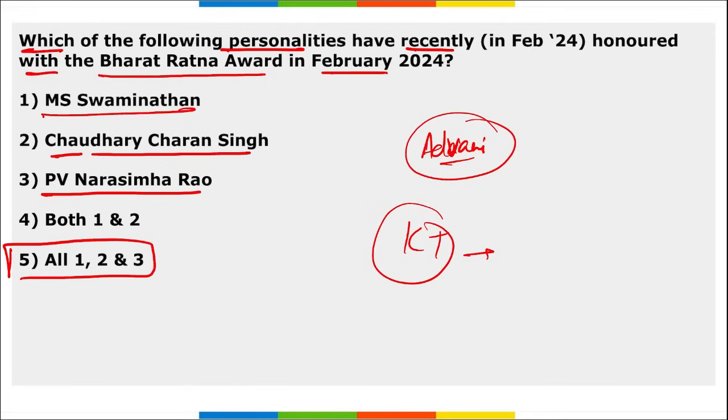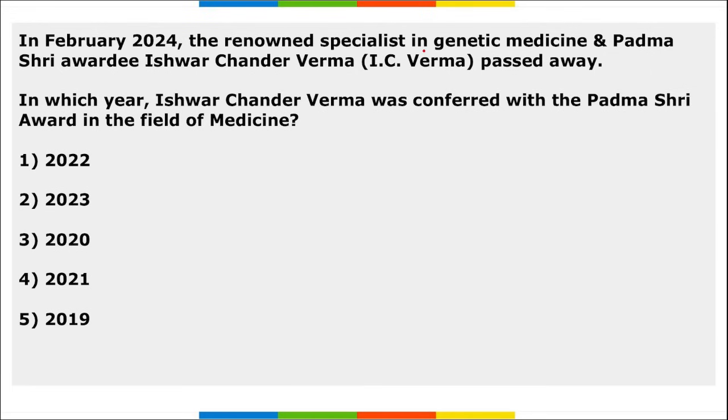And L.K. Advani ji, that is Lal Krishna Advani ji, will also be honored with Bharat Ratna. Next, in Feb, the renowned specialist in genetic medicine and Padma Shri awardee Ishwar Chandra Verma, that is IC Verma,